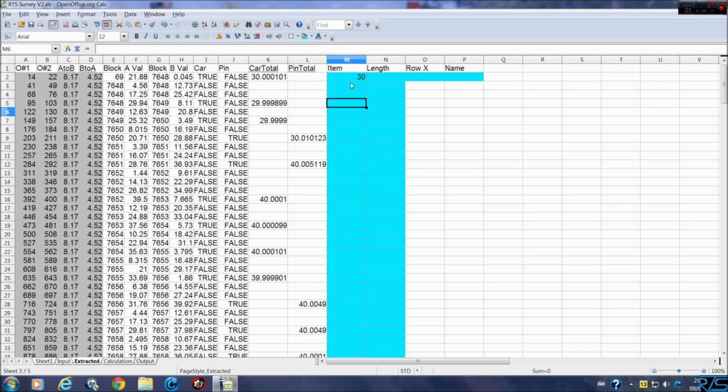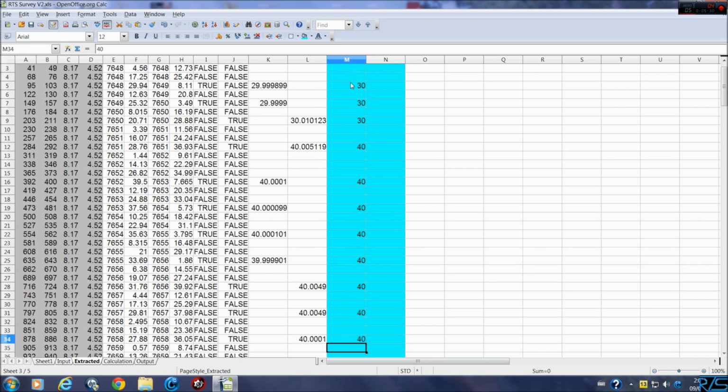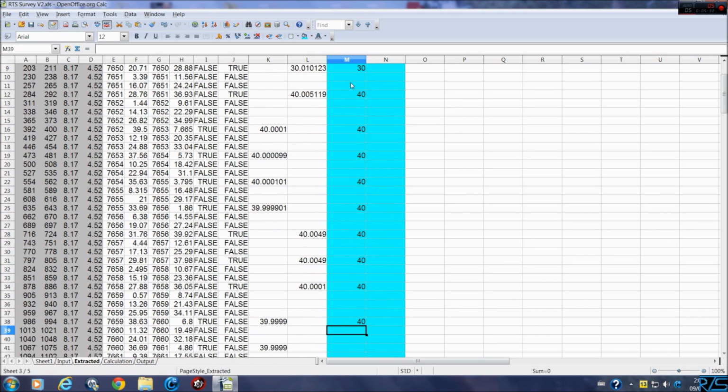All you have to do is go ahead and see how I'm typing in data. These are all 40s, by the way, so you can do Control C as well, Control V. There's a lot of them. See, 39.9. That's got to do with slack. Okay. So what you want to do